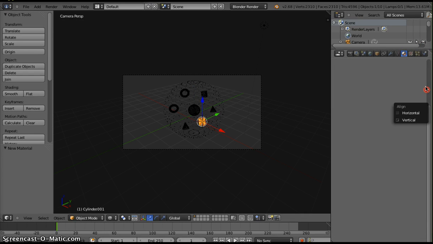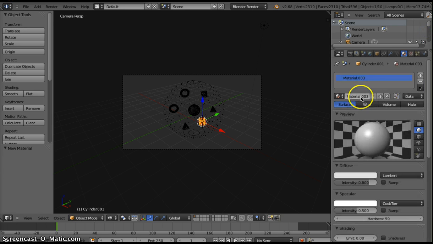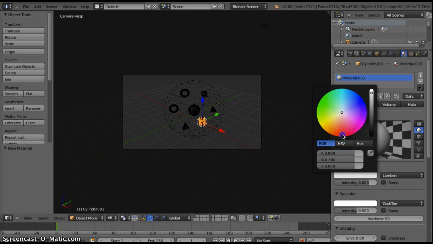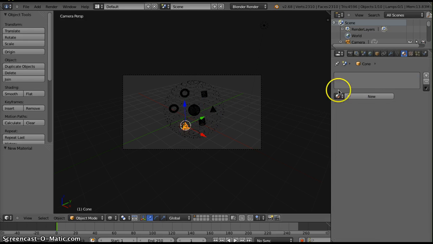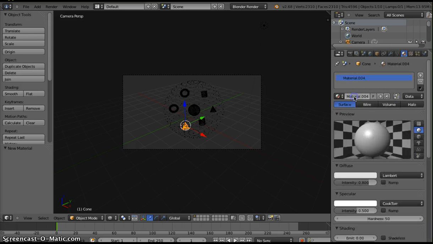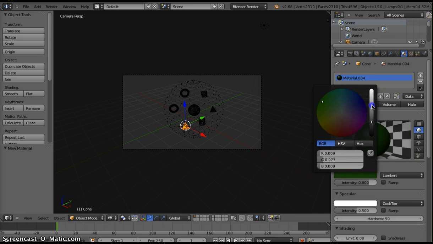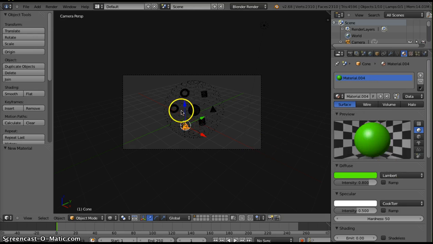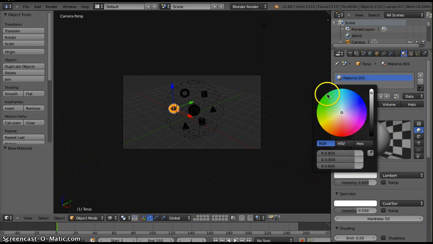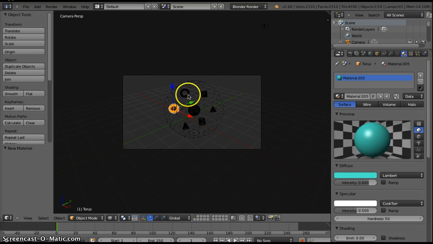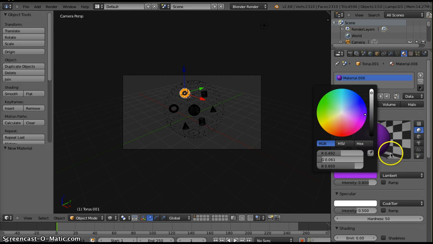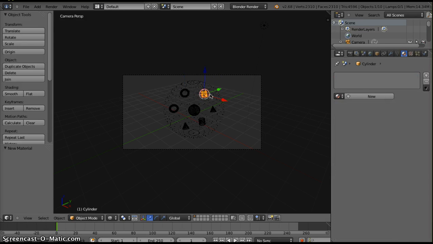Continue to add colors to the cells. New, diffuse, I'm going to make this red. This one green. Oh, you can also adjust the darkness. I'm going to keep mine light for the moment. And for the last one,